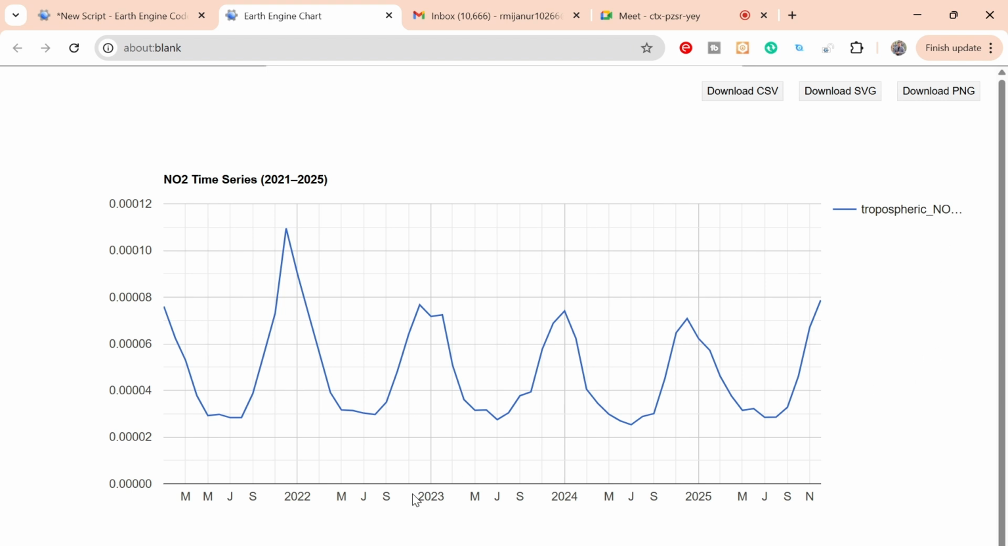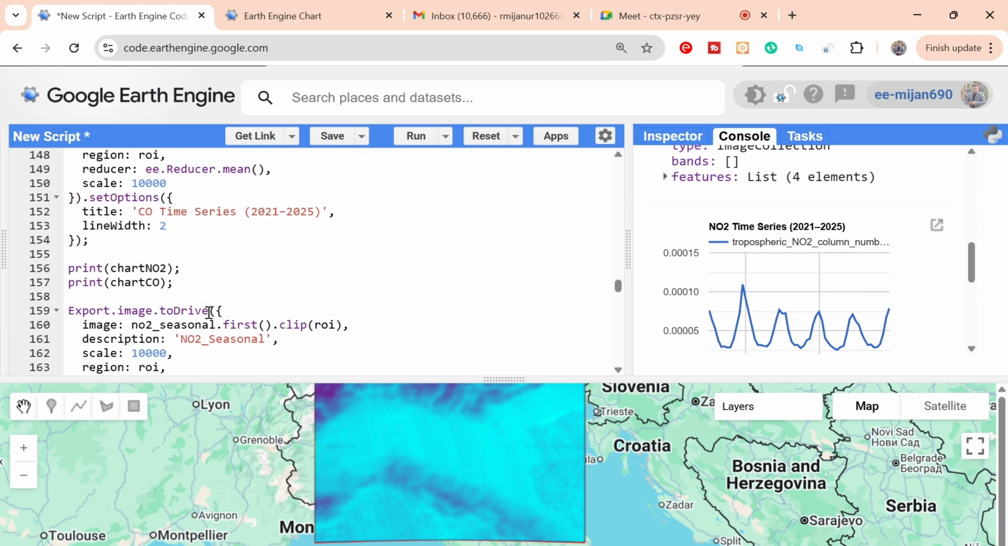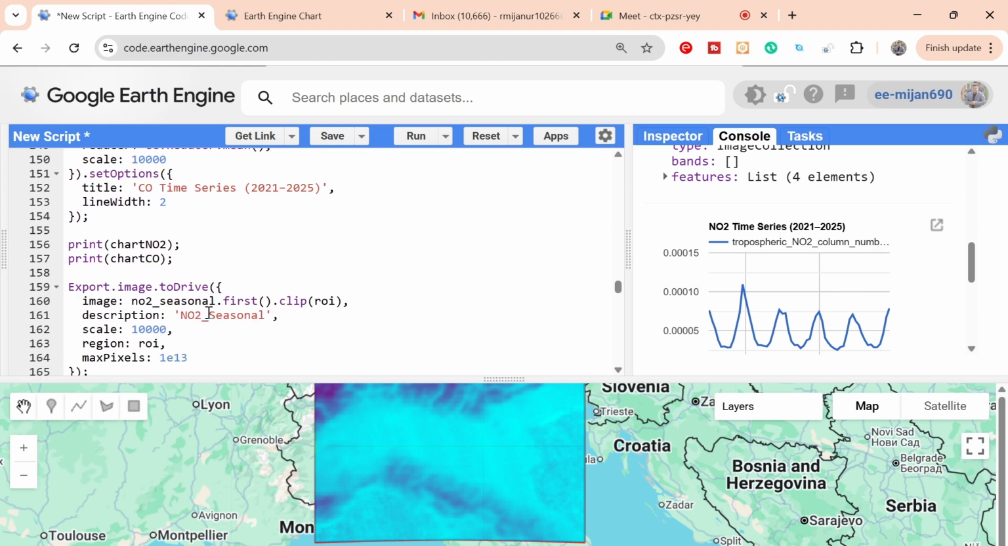it displays all of the months for all of the years. We are not showing the seasonal. Okay, it's not showing the seasonal. So it creates this type of chart, and for this one also it creates this type of chart. And we also export